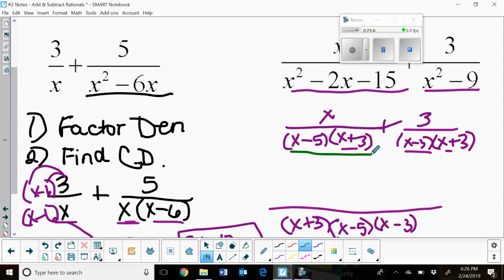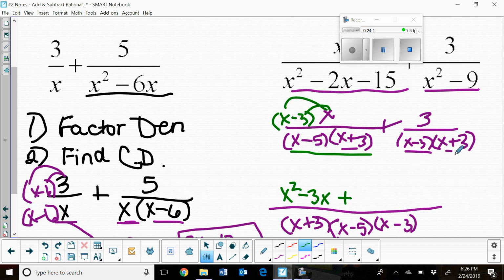What is this first fraction, first term, missing? Well, I have an x minus 3, I have an x plus 3, but I'm missing the x minus 3. So I'm going to multiply the numerator by the missing factor, which I then distribute, and I bring it down. So x squared minus 3x plus,